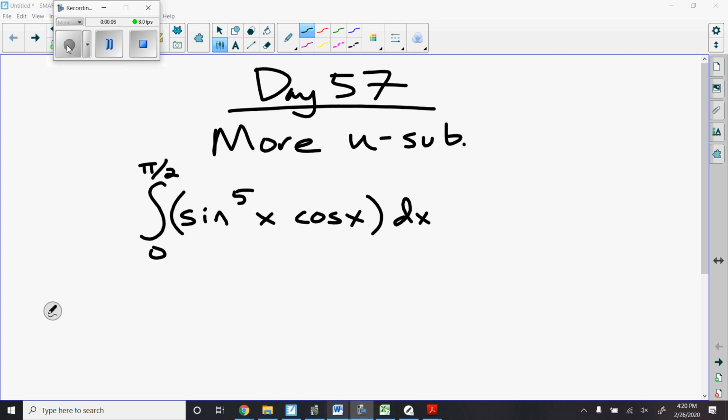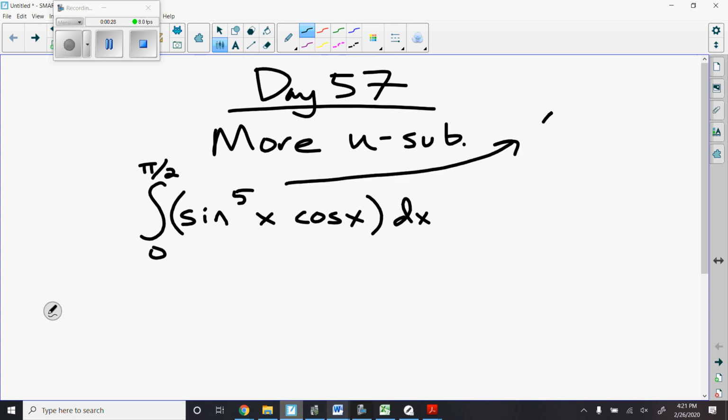Today we're going to look at some more u-substitution problems. So let's dive right into this first one. What I see here is the integral from 0 to pi over 2 of sine to the fifth x times cosine x dx. Now again, when we see that notation of sine to the fifth x, we want to think about that as